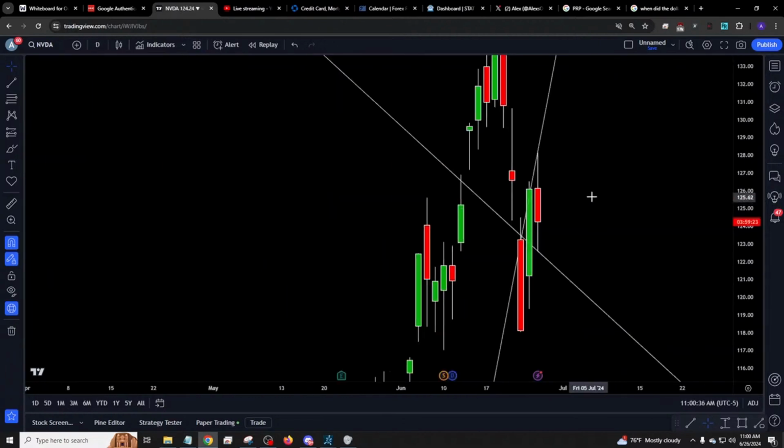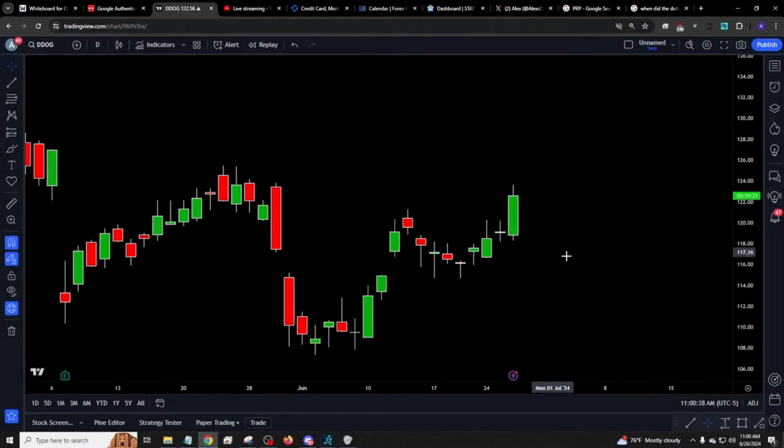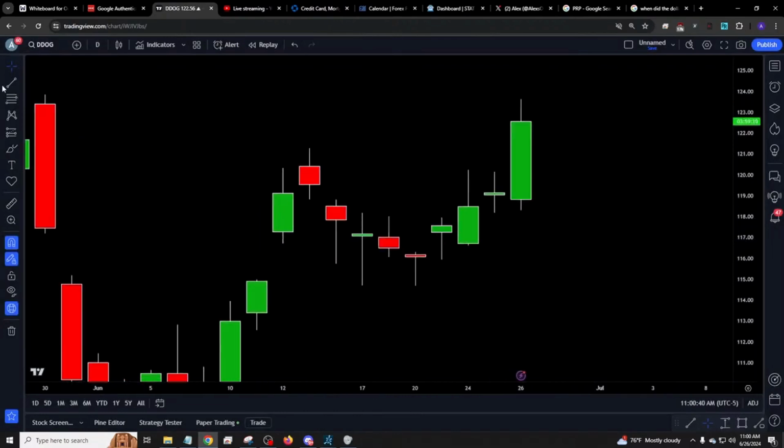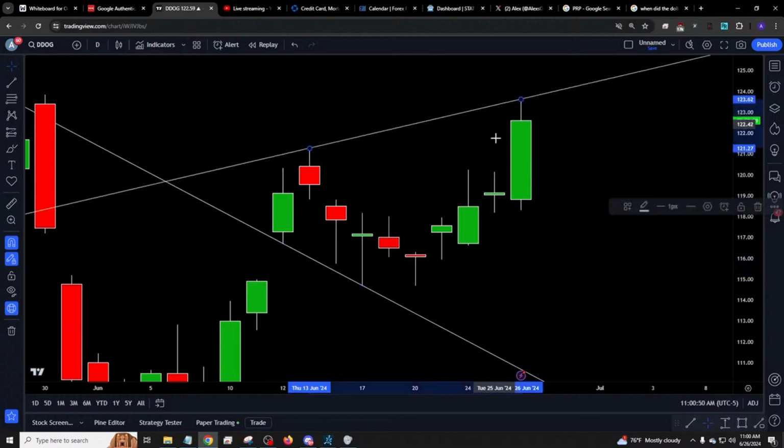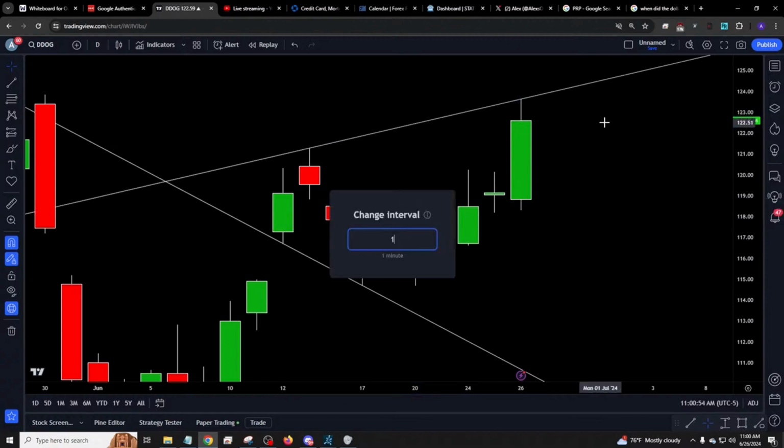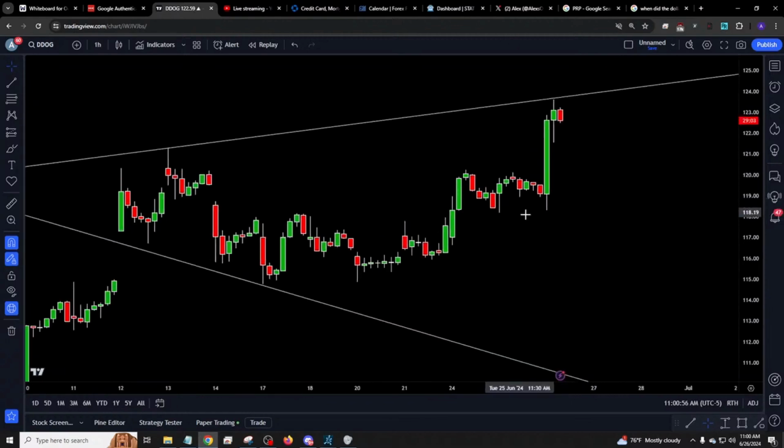And if we go to DDOG, for example, notice this inside day, where does that occur at? It occurs under the highs of the try. So we still have this to go and take out. So we can use momentum here to trigger that. But once it has done that, we don't know if that'll continue. So we need the buyers to step up. But then, given that inside day,